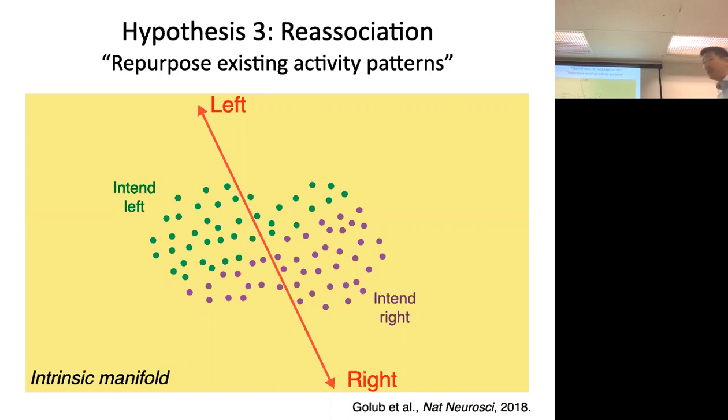Okay, so we did various tests. We did various visualizations to begin with, and then we did various quantitative tests to ask which of the hypotheses was most consistent with the data. Without taking you through all of that gory detail, I welcome you to look at the paper, but let me just tell you the punchline, which was that in all of those tests, hypothesis 3 was the clear winner.